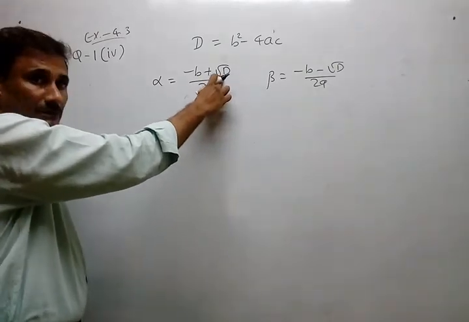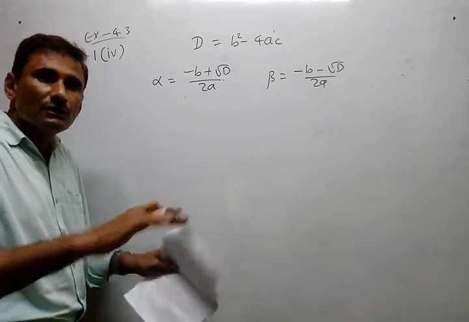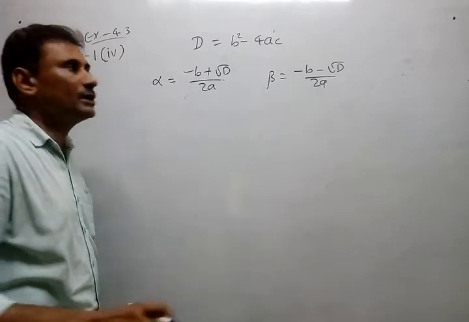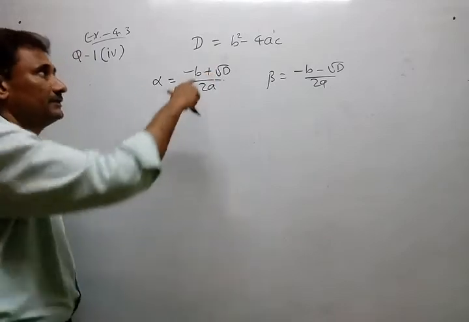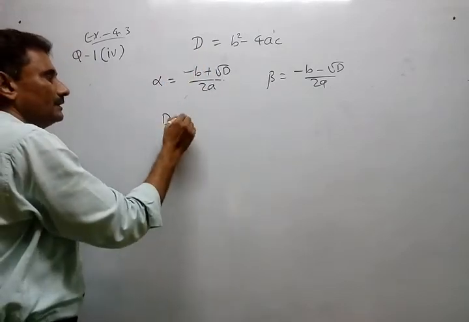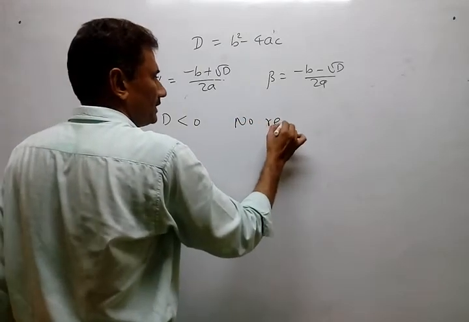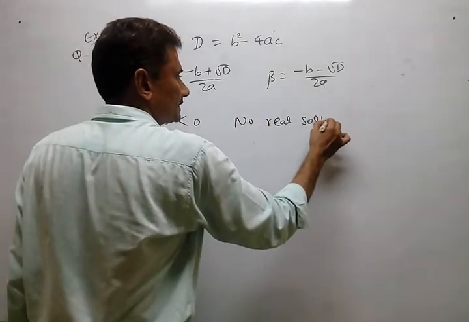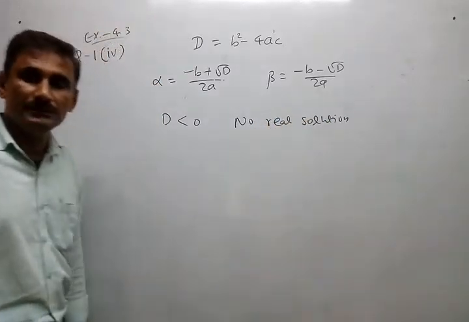Just like in the completing square method, once we came across minus 33, at that time we stopped there. We have to stop there. Why? Because the square root of a negative number is not possible. So the same problem arises here also. So whenever D is negative, no real solution. No real solution is the quite systematic answer. Not no solution, no real solution, meaning not in the real numbers.